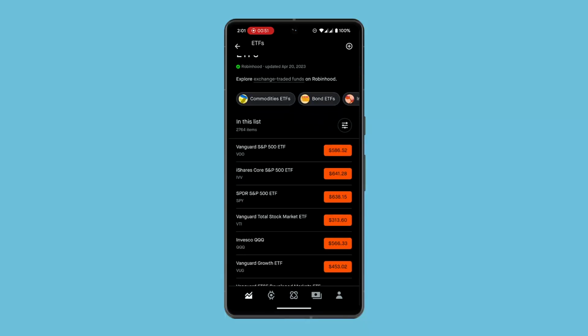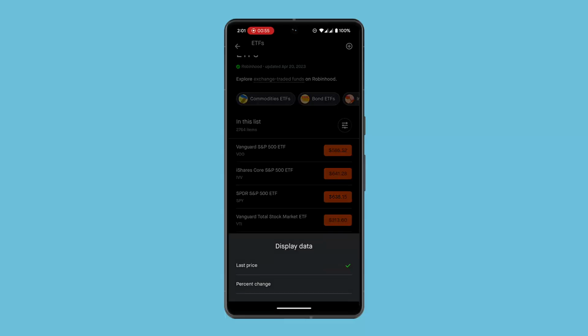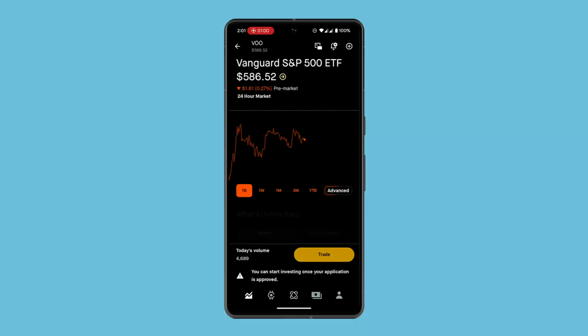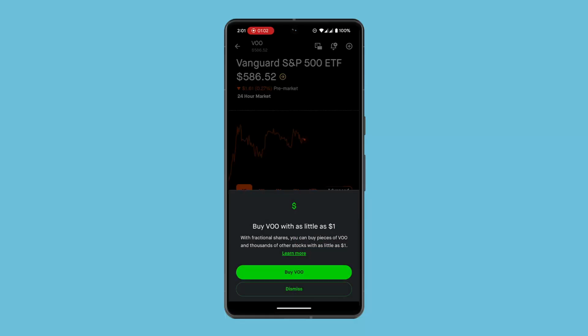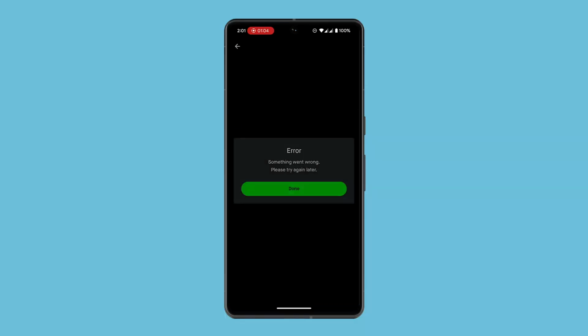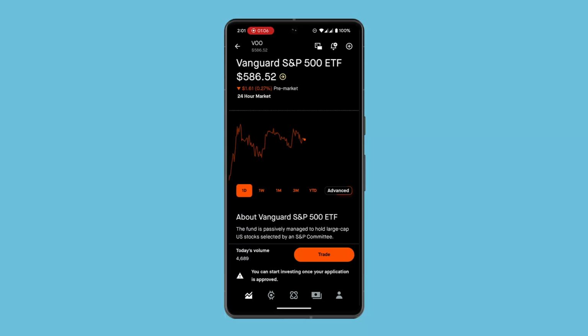So here you have these. So you could go with the Vanguard S&P 500 ETF. Click that out and you could go and click on the tick button. So once you go ahead and click on the following options, then you click on buy VO and click on the done button, after which you just need to follow the details,